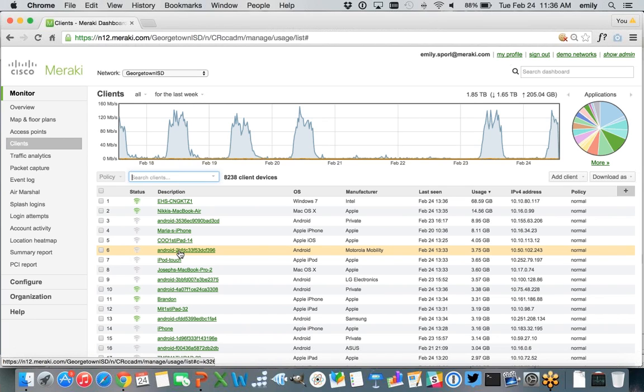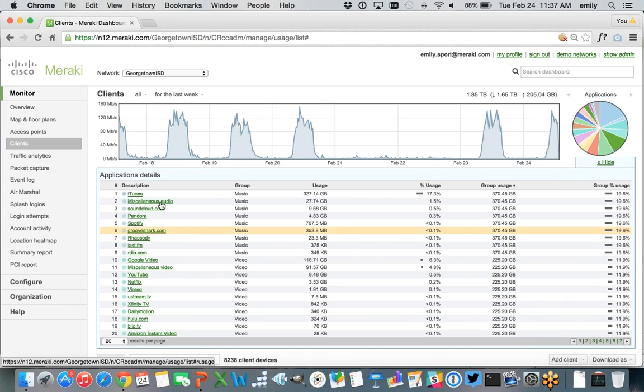And again, this is just innate. It's built into our equipment. We're constantly identifying new devices as they come online. And similarly, we do what we call application fingerprinting as well. So this is where you can actually come in and see where your bandwidth is going. So we're seeing these patterns of daytime usage, probably night, day, weekend perhaps. You can actually expand this out, and very quickly see where your bandwidth is going.